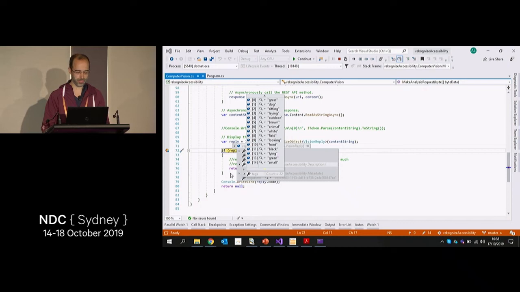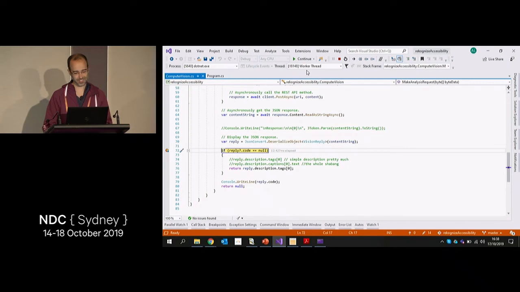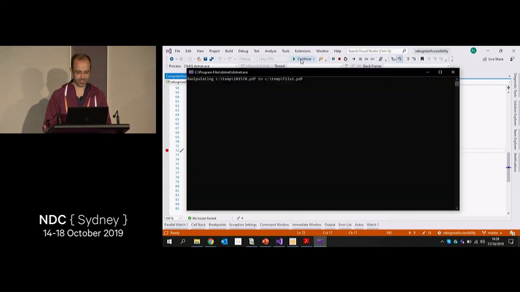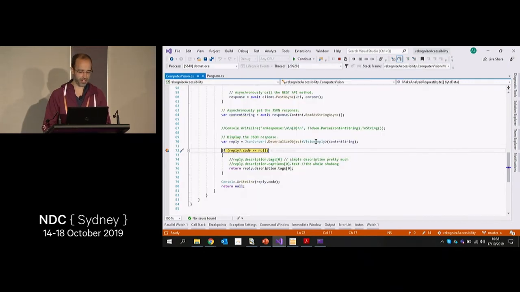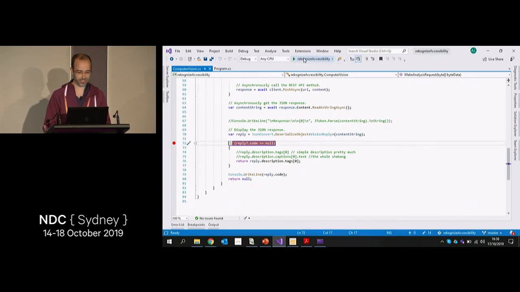I was going to ask, show of hands, what do you think the first tag would be for the dog? Is it a dog? No, damn it, it's grass. Okay, so, not perfect. Anyway, I know it's a live demo and maybe you guys were expecting me to fail at this. No, I wasn't expecting dog, to be honest.